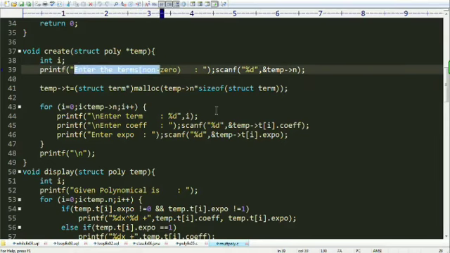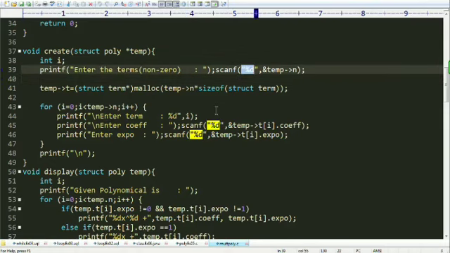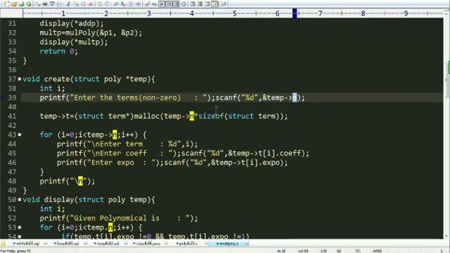I'm taking only non-zero terms, scanning them and putting it into temp's member variable n of type integer. So you understand that n is nothing but the number of terms present in a polynomial.